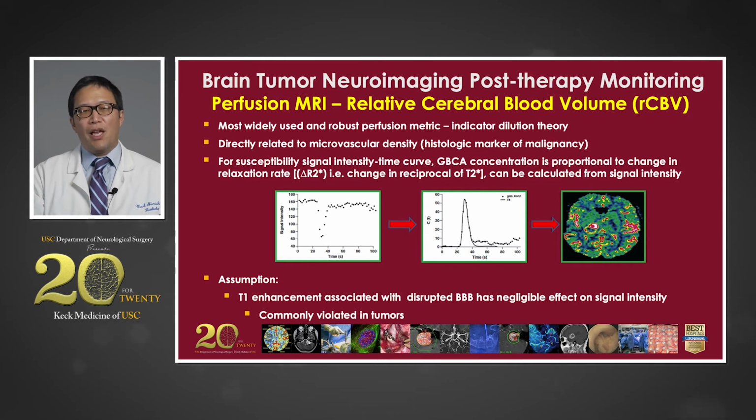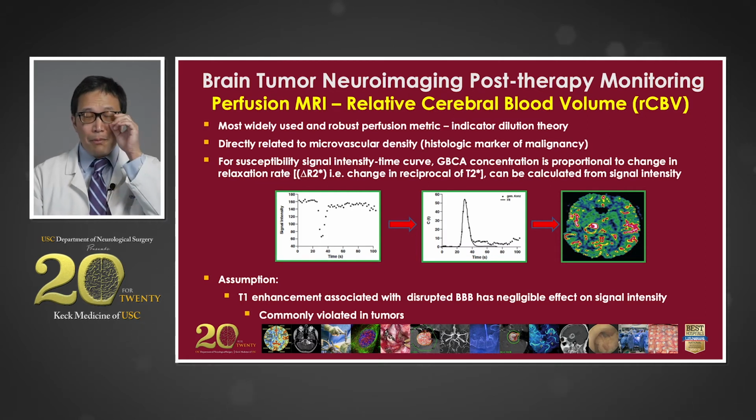Basically, what you do is you take these rapid dynamic images, you look at changes in the signal intensity over time, and you do mathematical calculations with different algorithms that the different software packages have, and you get your relative cerebral blood volume measurements. However, one important thing to remember is this is all predicated on the idea that the lesion that you're evaluating doesn't have contrast enhancement. In other words, the blood-brain barrier is intact,